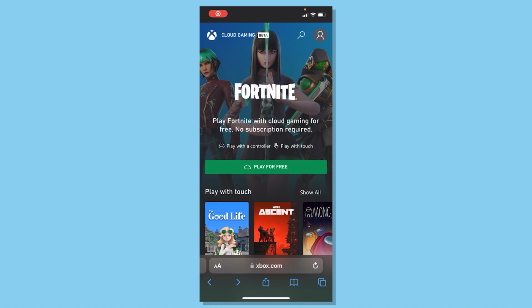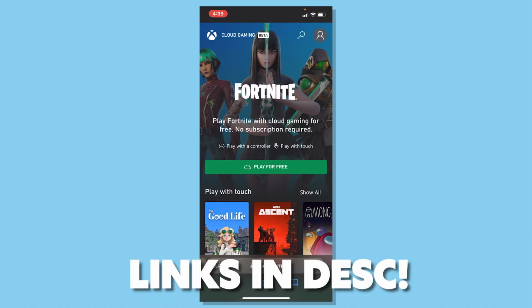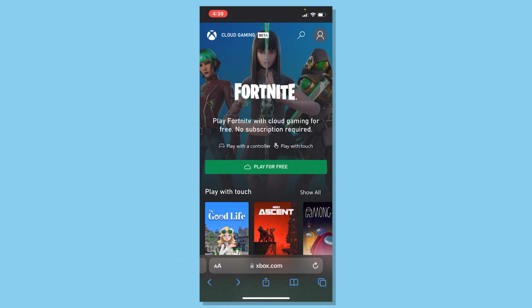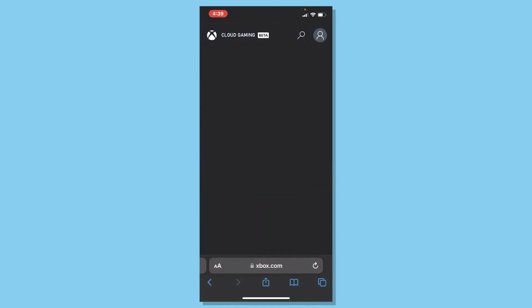Alrighty guys, so before we start this tutorial, you will need to go to this website, which will be linked in the description below as always. And then this is the Xbox Cloud Gaming Beta, which we will be using to play Fortnite on our iPhone without GeForce Now. This is the second best way to play Fortnite on your iPhone, and it might even be better than GeForce Now. So what you want to do here is click play for free, then click get ready